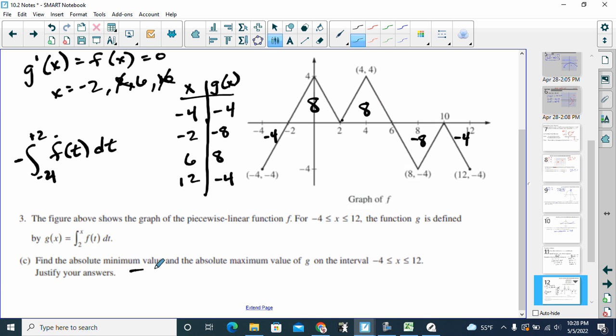So find the absolute minimum value. The absolute minimum is negative 8, and the absolute maximum value is positive